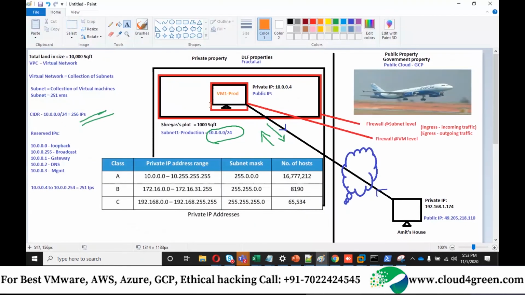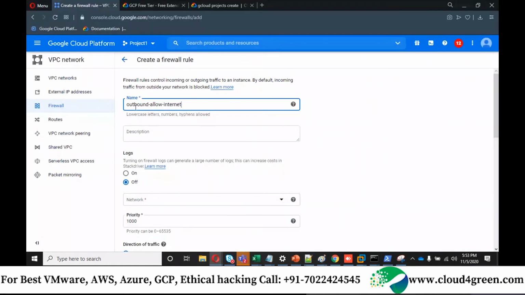See, this machine currently allowed incoming traffic, and this machine wants to communicate to the external world, then it is called outgoing internet traffic. So that's why I mentioned allow outbound internet. Outgoing traffic is internet traffic. For a virtual machine, it is going to go out of its local network to connect to the internet.